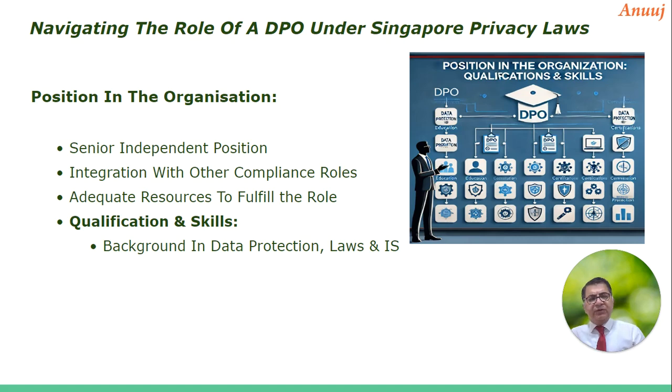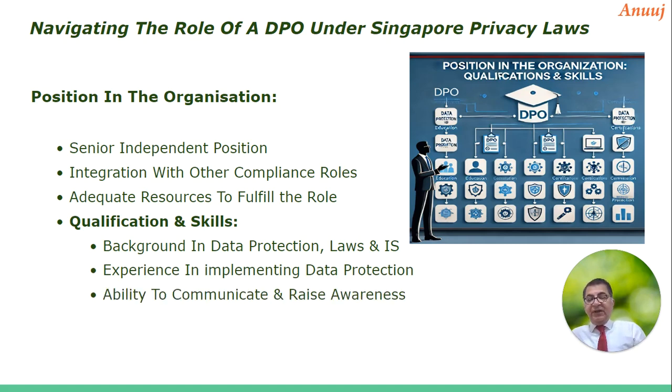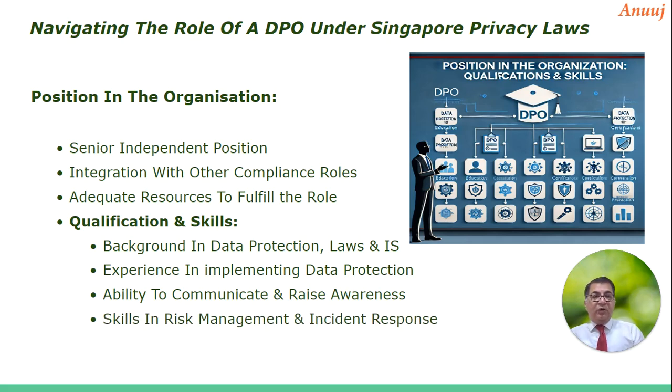As for his qualifications, he should have some background in data protection, the law and information security. He should have experience in implementing data protection rules, and he should have the ability to communicate and raise awareness. Now this is something that we talk about in all regulations, because as we have been saying every day, it's the DPO's job to communicate the regulation to stakeholders, to the bottom-line person, anyone throughout the organization. Why? Because anyone touching the personal information is responsible. So the communication skills of a DPO are a very, very critical aspect in any regulation, and I've seen that all the regulations do talk of the communication skills of the DPO,